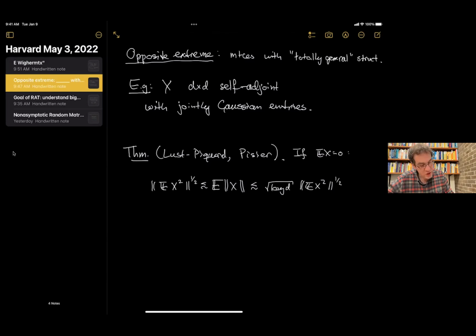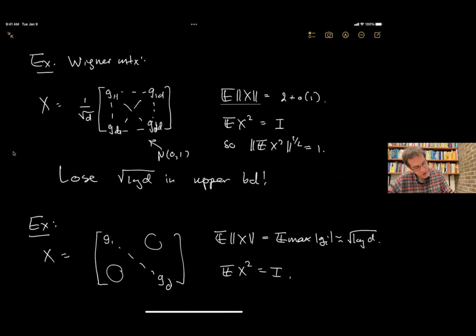If you allow a completely general structure, both of these very different examples are examples of random matrices that are jointly Gaussian, but with arbitrary variance pattern. But they behave very differently from the point of view of the range of the spectrum. So it shows that this imprecision in the type of questions we can ask about these matrices is somehow very intrinsic to this problem. You cannot hope that both of these matrices, a Wigner matrix and a diagonal matrix, behave in the same way from the point of view of their spectral theory. So that's a very basic fact.